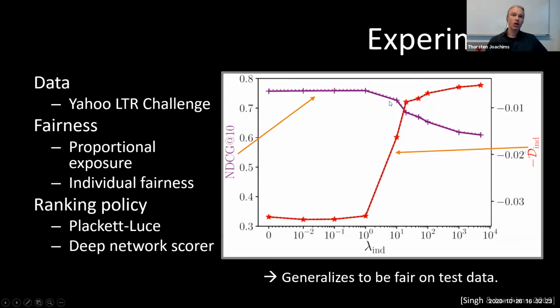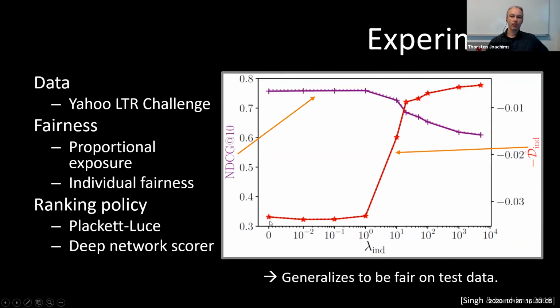So we can try this out on some experiments. This is semi-synthetic data derived from the Yahoo Learning to Rank challenge data set, where we want to make exposure proportional to merit. And here we assume that we have fully labeled relevance judgments that are given in this Yahoo Learning to Rank data set. And so we use a deep network for learning these scores, and that gives us these policies through the Plackett-Luce